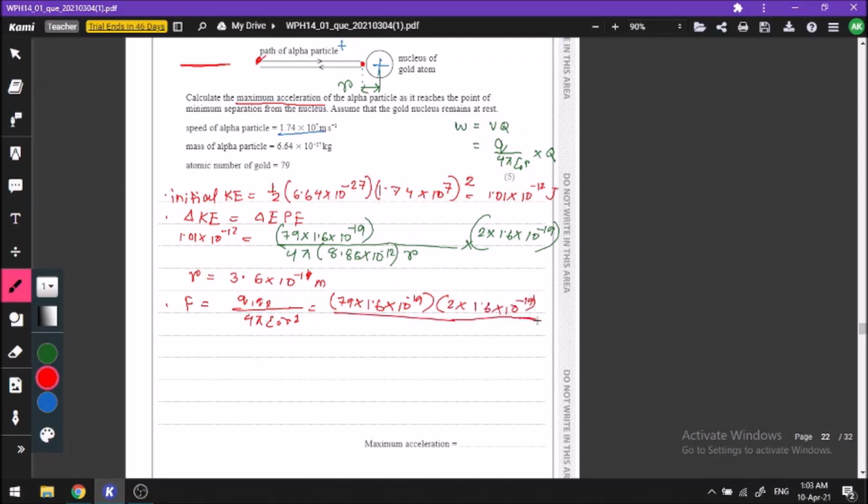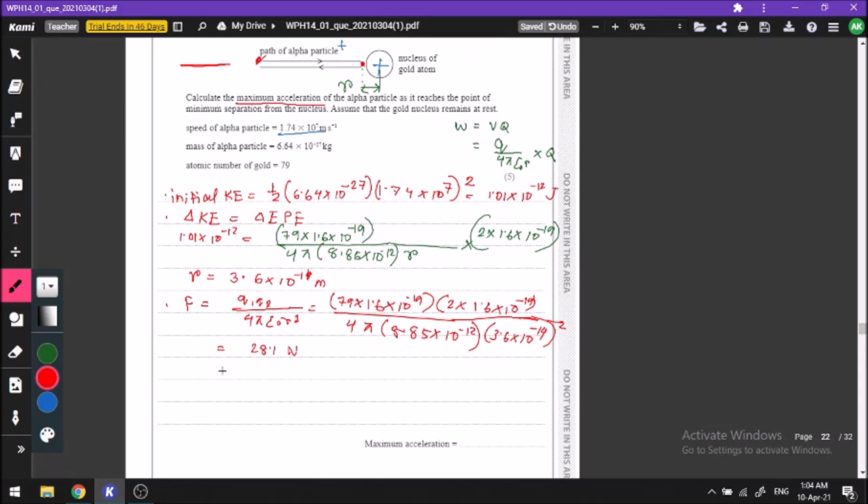And 4 pi epsilon naught, where epsilon naught is 8.85 times 10 to the power minus 12, times r square. We now know r, that is 3.6 times 10 to the power minus 14, squared. Don't forget the squares and everything, okay? And that should give you a total repulsive force at this instant of 28.1